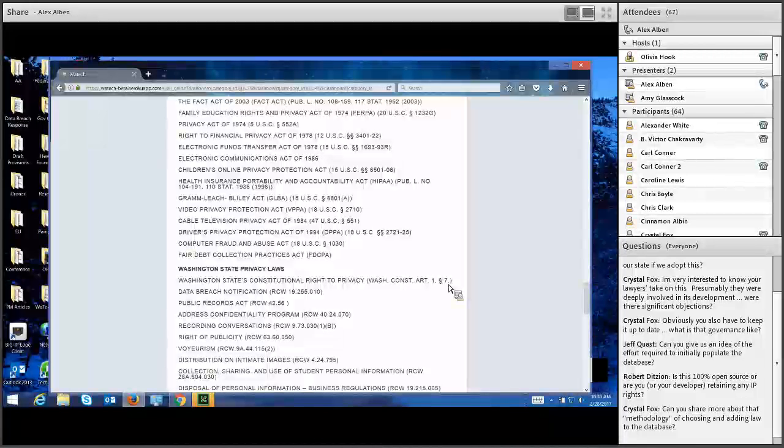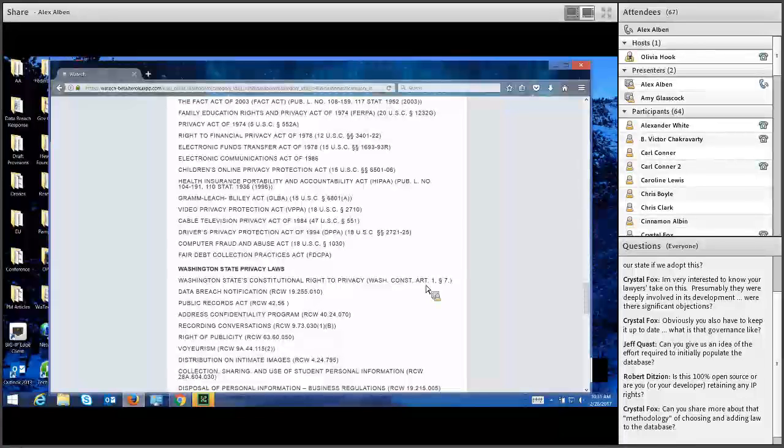So how do you tag that law with respect to the 31 kinds of personal information? One of the things we actually had to do with that section is do some legal research on how the Washington State Constitution had been interpreted over the years with respect to the right of privacy.